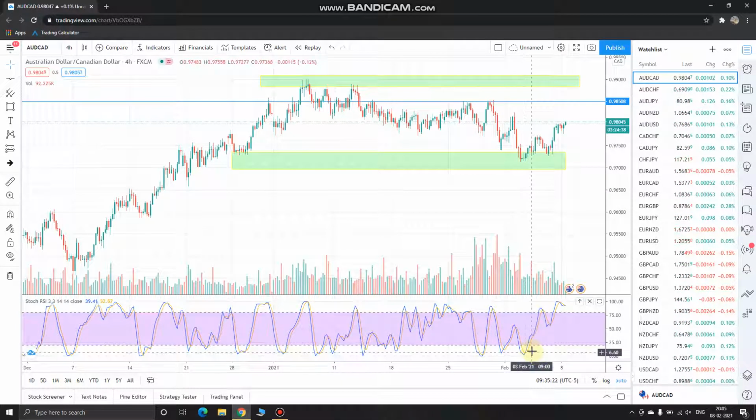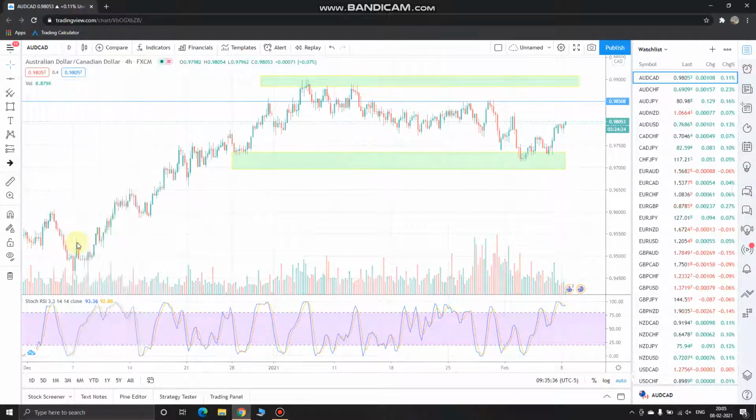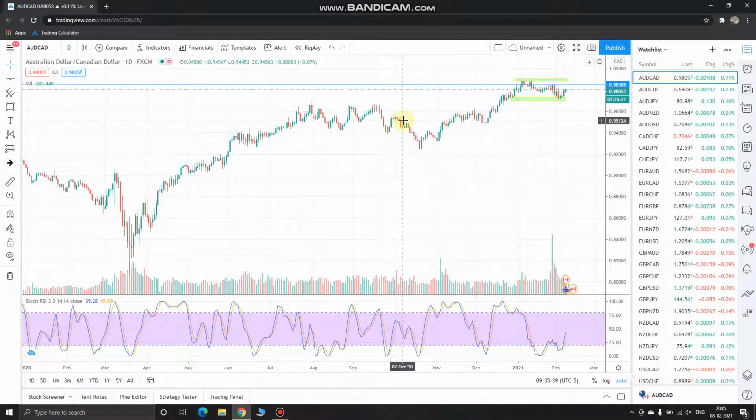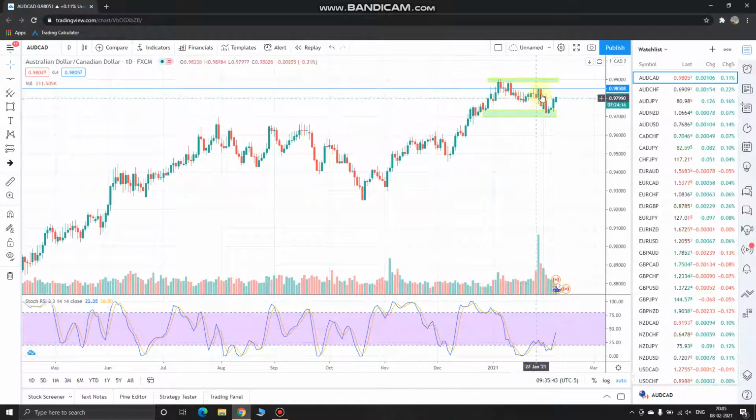And if you are familiar with the stochastic RSI indicator, yes, you can use the stochastic RSI indicator to identify the oversold and overbought zones. And let me switch to 1 day time frame. 1 day time frame is also telling us a similar picture. This is the resistance zone and this is the support zone. Okay, so the picture is very clear to us now that yes, this is the support, this is the resistance,